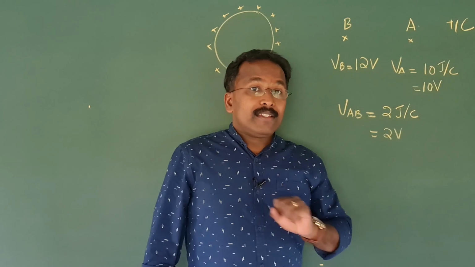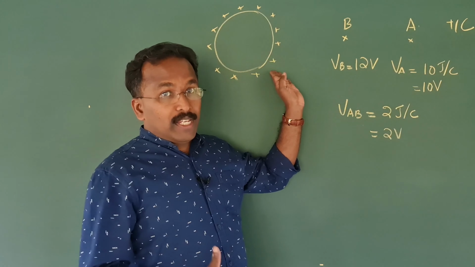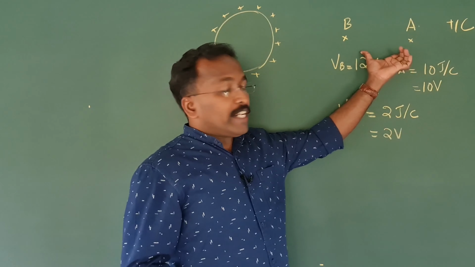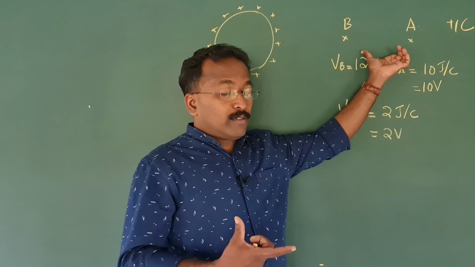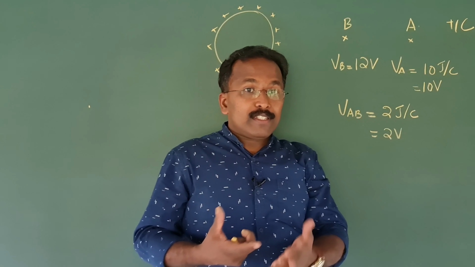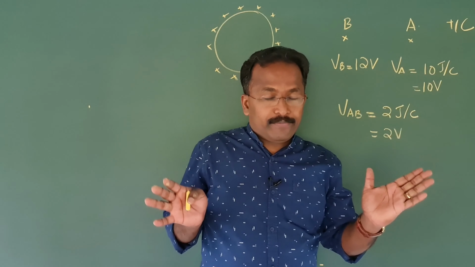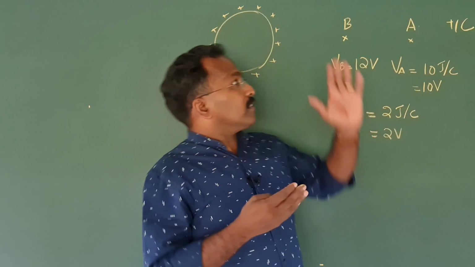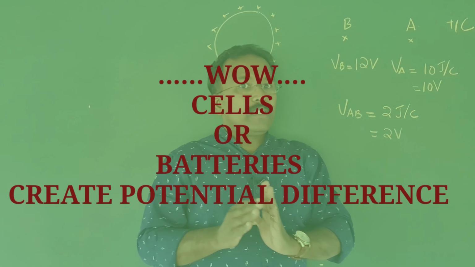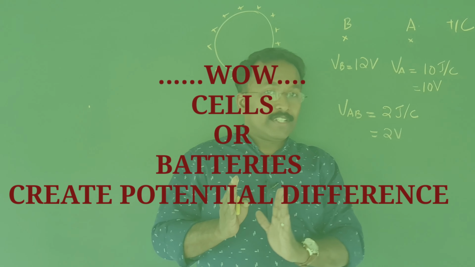And another idea is, see, when you kept a charged object here, you have a potential difference between these 2 points. You created it. Okay? And in your chemistry classes, you will learn how to create potential difference in the chemical way. Of course, there also the underlying thing is the same. Charge is redistributed and you create potential difference.